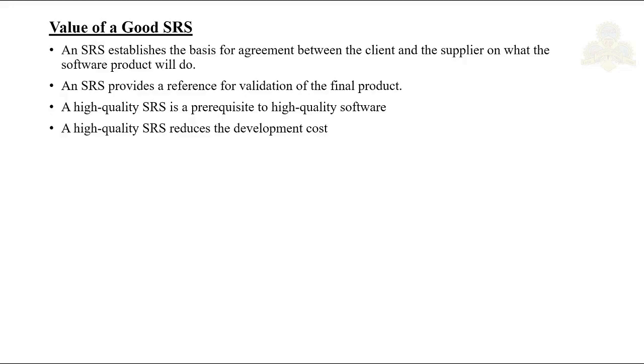Now, there are three major parties which are interested in the system or in the product development. So, who are these three parties? The first one is the client, because he gives you the requirement. He has some problem, that's why he wants to build something, right? Then the developer or the company who will take the requirements, build it, and give it back to the client. And the third one is the actual end users. So there is a difference between the client and the actual end users.